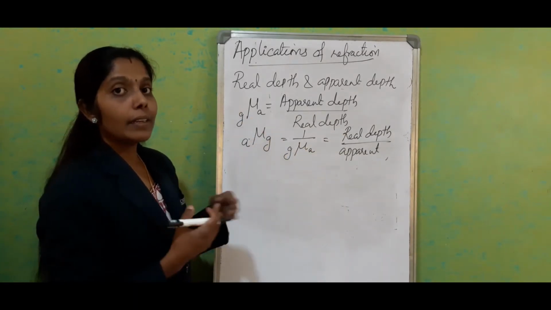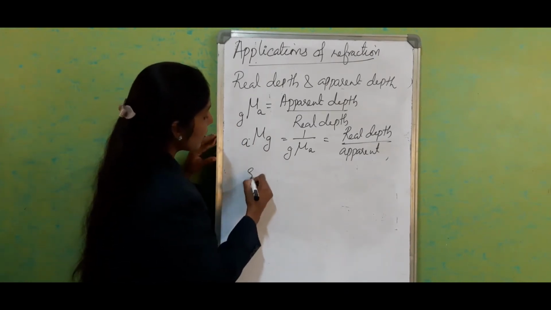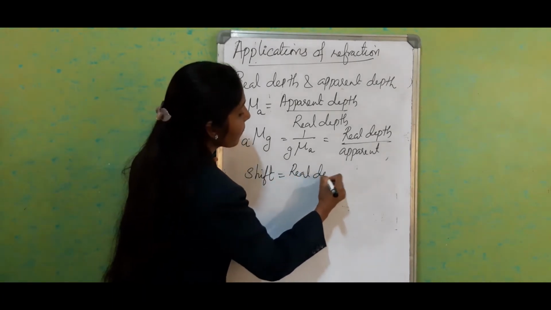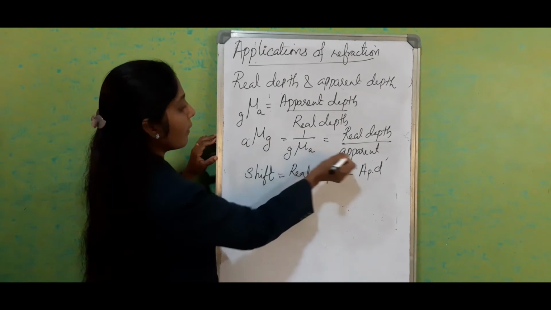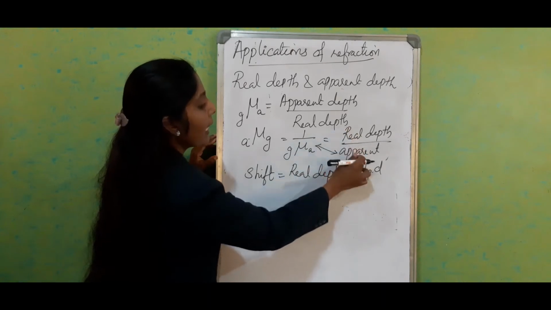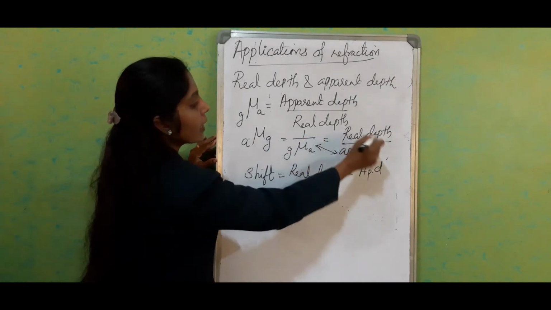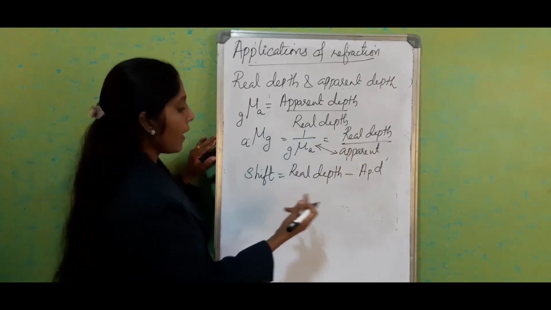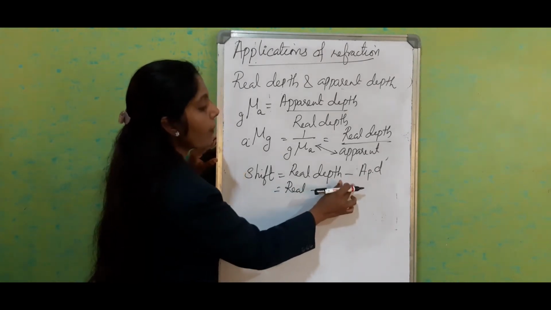And now we will relate this with the shift. We know that there is a change, the shift. So shift is equal to real depth minus apparent depth. How can we relate this? Apparent depth is equal to real depth divided by the refractive index. So I am going to rewrite it that way. If we keep real depth here and apparent depth here, we get real depth divided by refractive index. So shift is real depth minus apparent depth, and instead of apparent depth from this equation,